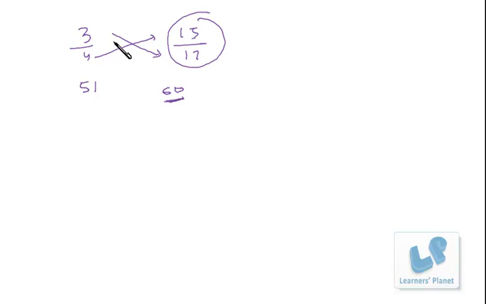Now the next thing is comparison of fractions, that is, comparison of proper fractions. I have already discussed this technique, but let's have a quick recap. Suppose we have a fraction 3 by 4 and another fraction 15 by 17. If I have to compare which one is bigger, you just go for cross multiplication. 3 into 17 is 51, and 4 into 15 is 60. So 60 is definitely bigger, so 15 by 17 will be greater than 3 by 4.